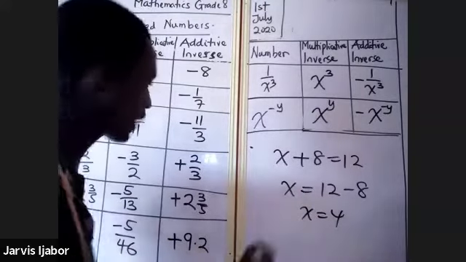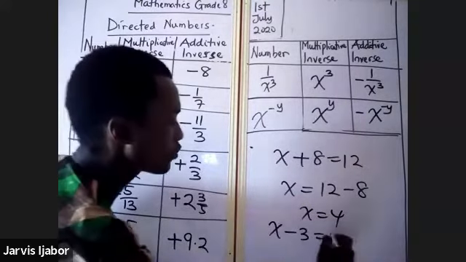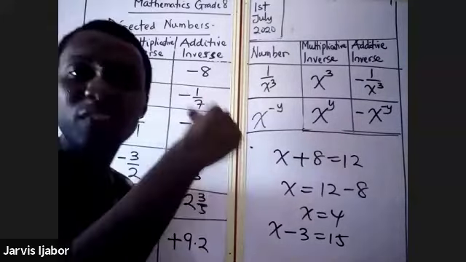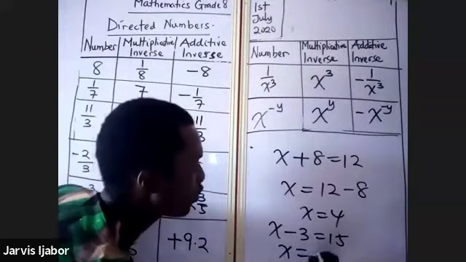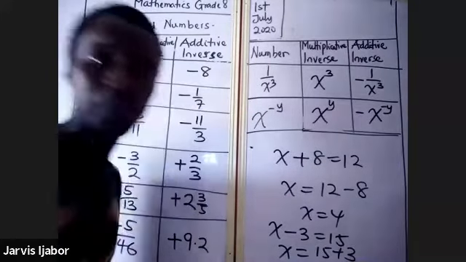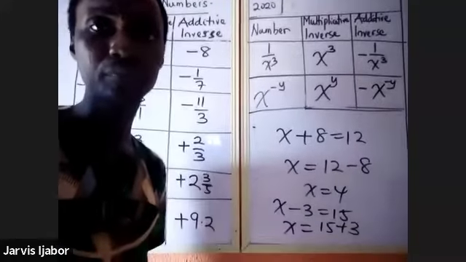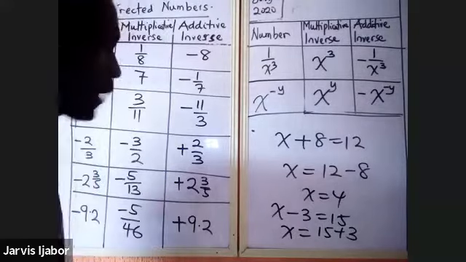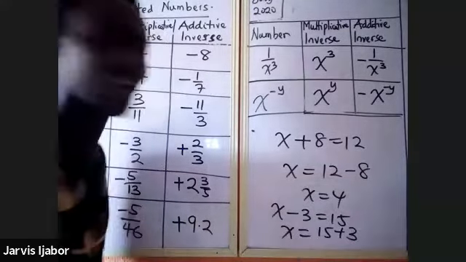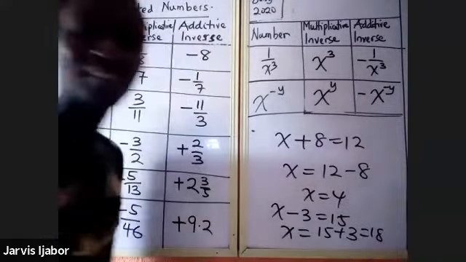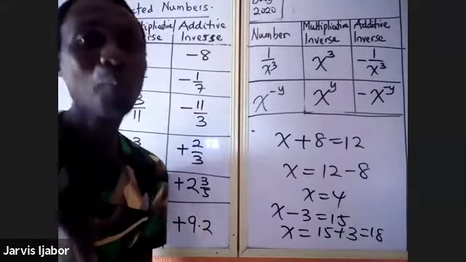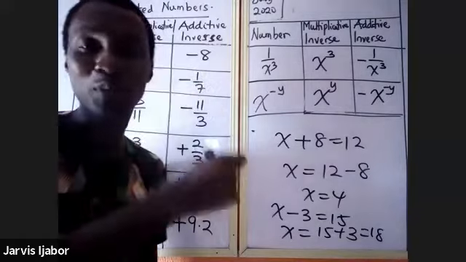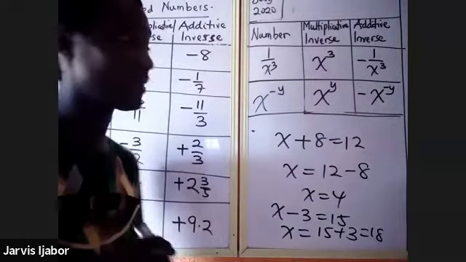Now look at another one. X minus 3 equal to 15. What's the additive inverse of minus 3? It is plus 3. So it will be x equal to what? 15 plus 3. I hope you are seeing that part of my board. All right. So that will be x equal to 15 plus 3. And that will be what? 18. So you see that the concept of additive inverse and multiplicative inverse is so important in this issue of